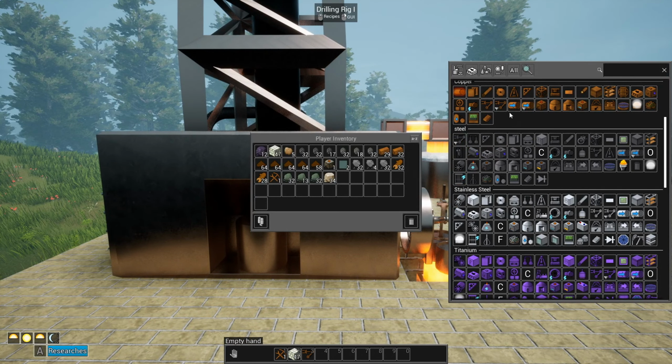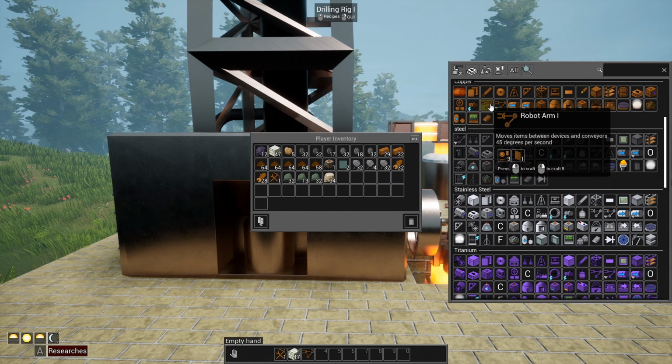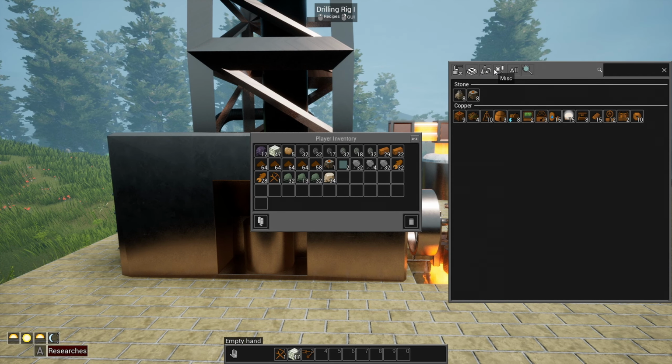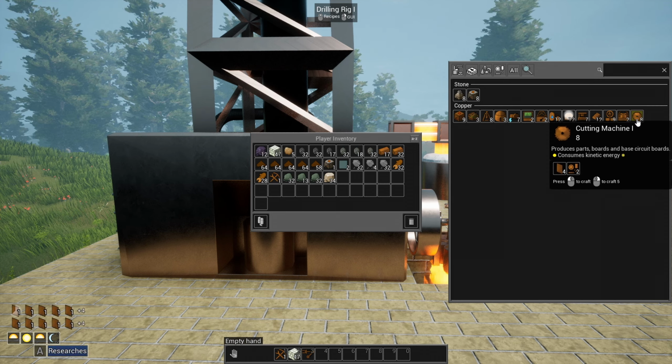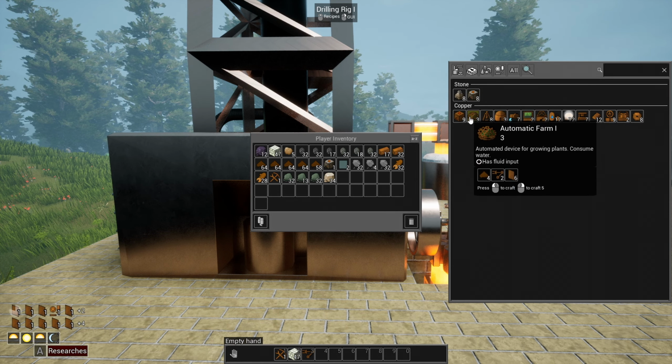It might save us some time if we do it. Let's see. Can I even craft one? I thought we researched it. There it is. Oh, I can get 2 of them. Let's do it. Let's do it. We're going to save ourselves some time. I think in the long run,